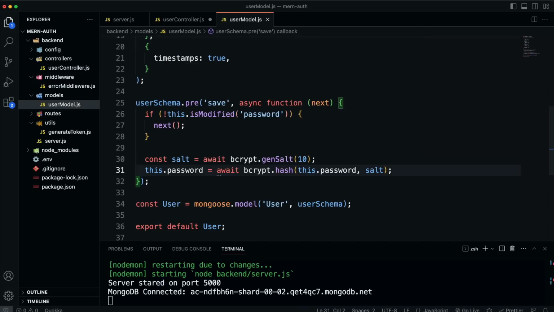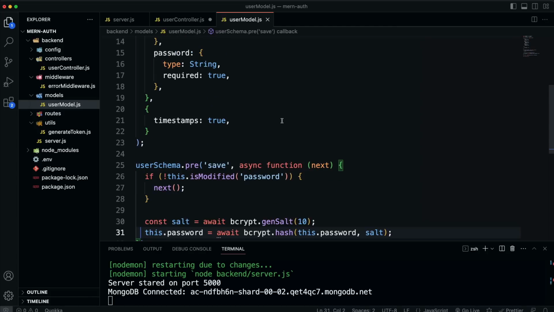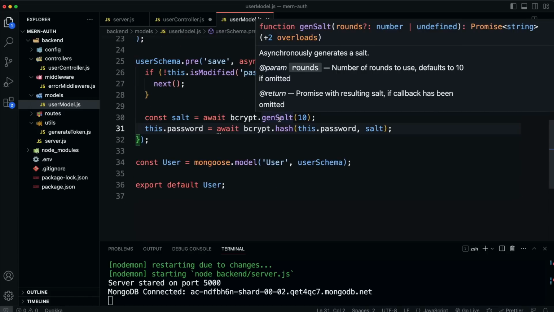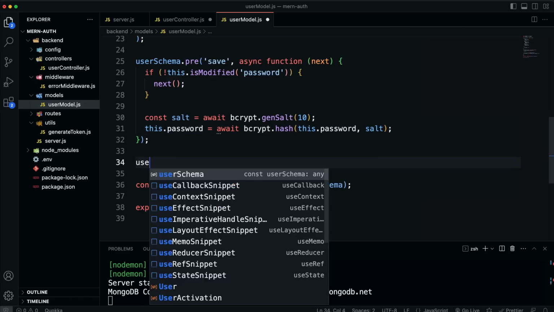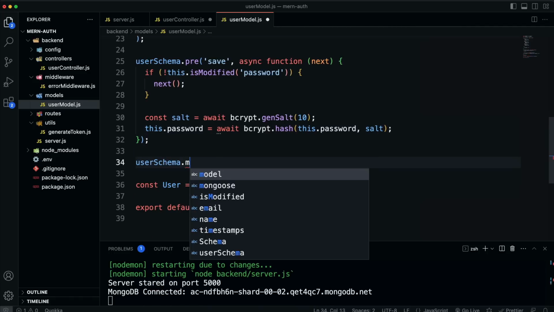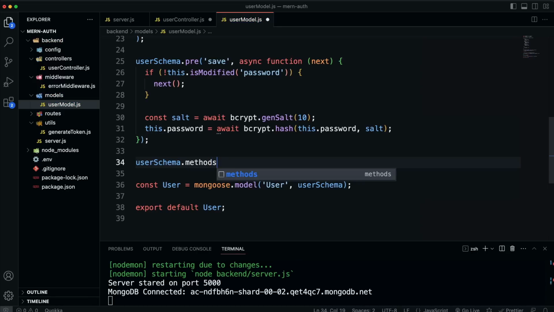So in the user model, let's open that up. We already brought in bcrypt, and what we need to do is match the password that's sent, which is obviously going to be plain text. We have to match that to the hashed password. So bcrypt has a method called compare that allows us to do that. So what I'm going to do is on the user schema, we can say .methods. So we can add methods directly to the user in this case. And I want to call this match